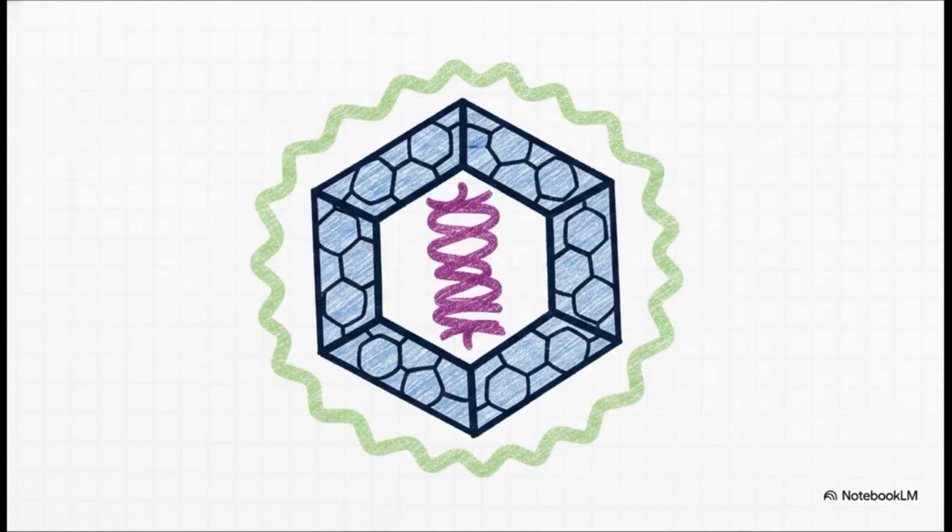Their anatomy is honestly terrifyingly efficient. They typically have this symmetrical shape that contains nothing more than a self-replicating molecule of either DNA or RNA. This payload is protected by a protein coat called a capsid, and that's built out of individual protein molecules called capsomeres. Now, some viruses take it one step further. They wrap themselves in a phospholipid envelope, which, if you think about it, is really just a membrane-like outer layer of lipids and phosphates that they've straight up stolen from the host cells they previously destroyed.